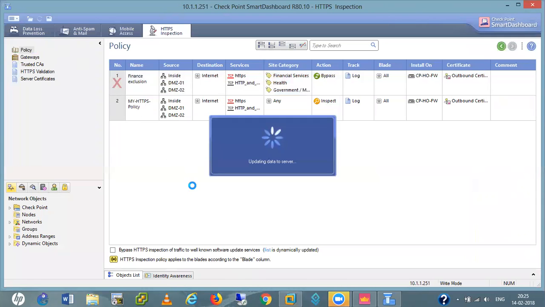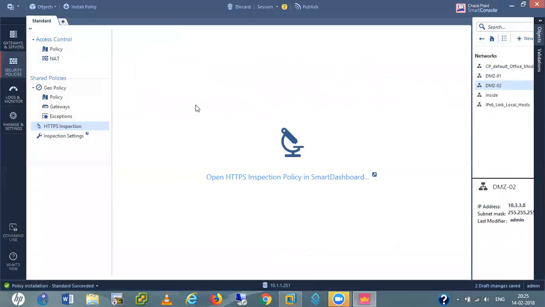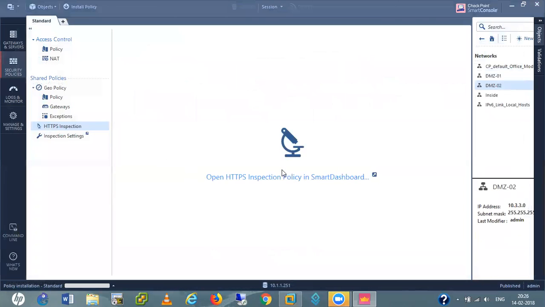Control S. That is the only way to configure this HTTP inspection. Okay, it must decrypt. Maybe there are some issues with this.